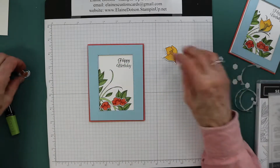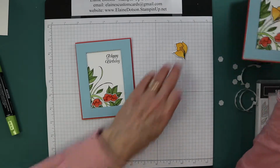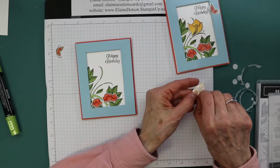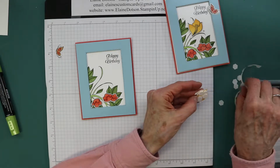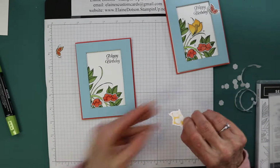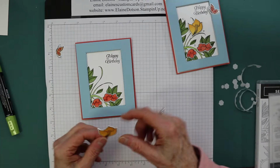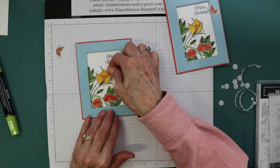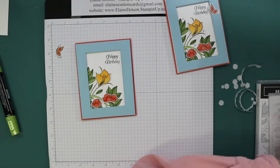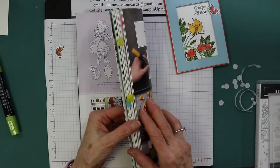Just like that. And then the butterfly, I thought would be cute. Well, let's put this flower on first. I colored this one with light and dark Mango Melody, and you'll find that in the catalog that's ending